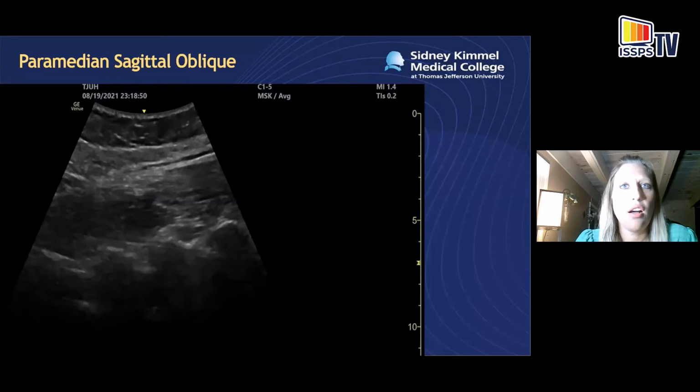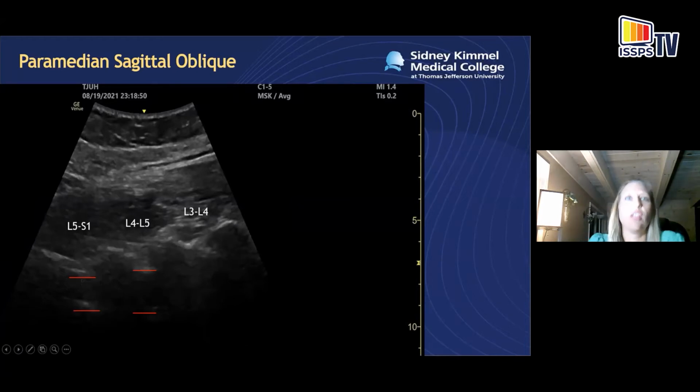And we could see now I've scanned up to look at the different interspaces to mark them. So we can see now L5S1, L4, L5, and L3, L4. Of course, if you ever run into problems in the obese patient, the L5S1 is going to be the largest of the spaces. And we can still probably see some area that might be signifying the different structures of the posterior complex. But again, a lot of them are going to get fairly obstructed, and a lot of them you'll see better in just dynamic scanning.